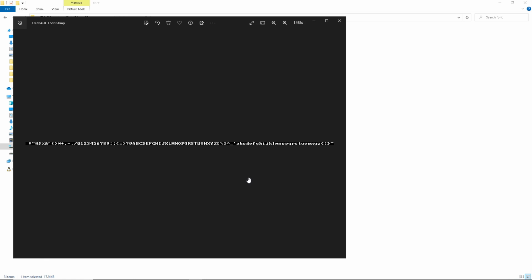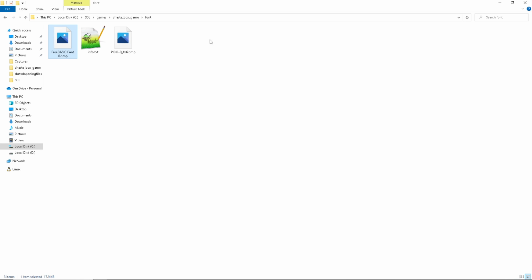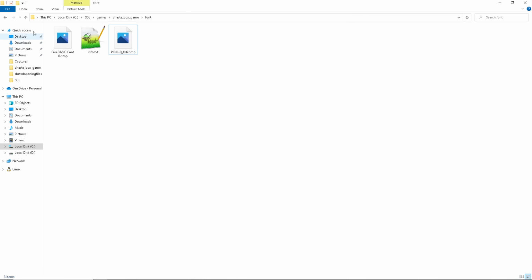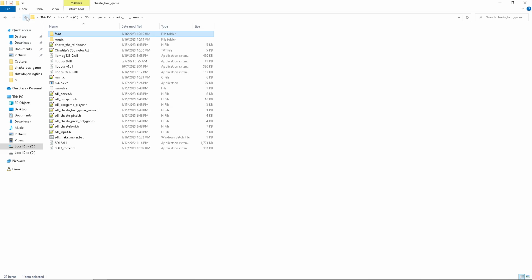And that's one file, and then here is another file. My game actually uses 2 different fonts. But you can see that the image files are the fonts. Every single character is in the image files. So the text and the graphics for my games are simple. Now, this new game that has the music here